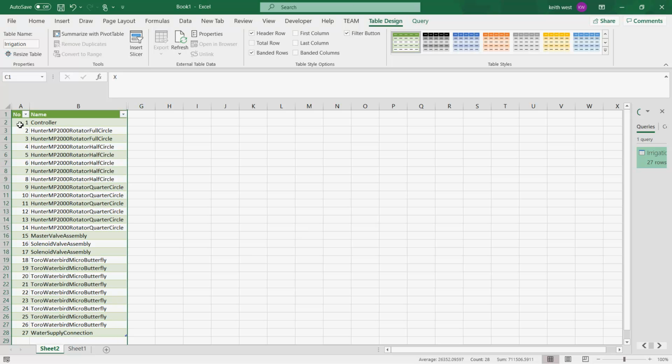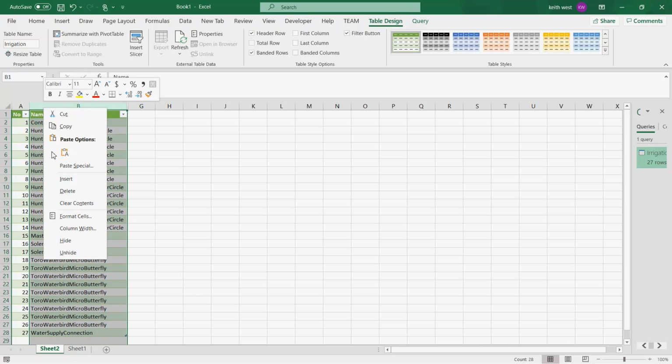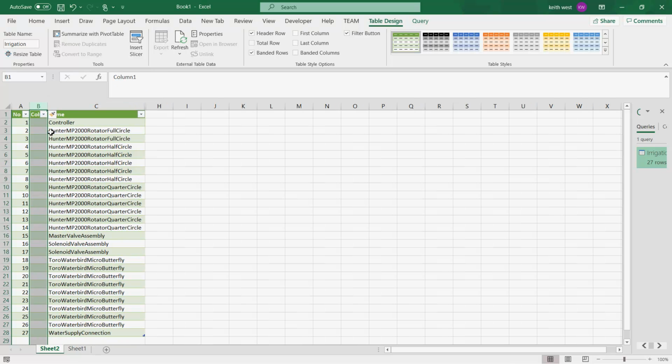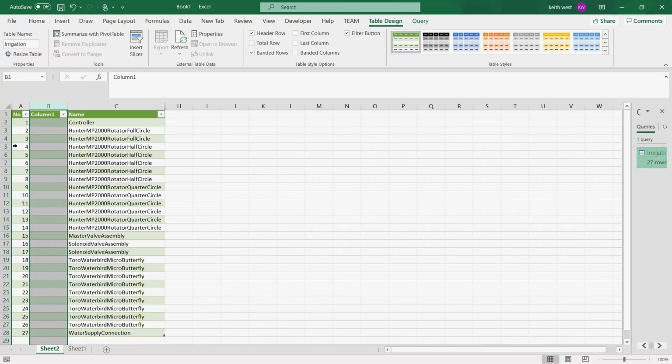Now the numbers don't actually mean anything here, so we really want to insert a new column between column A and column B. So to do that, it's just a matter of putting your mouse up there in the top and insert. That will insert a column there. We'll widen that column just a little, and we can now hide column A,